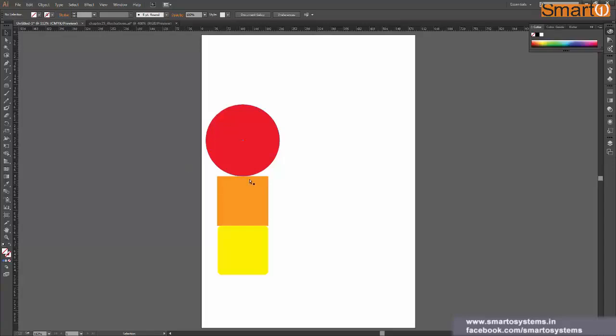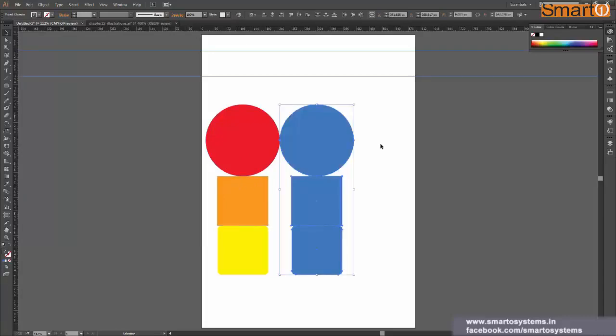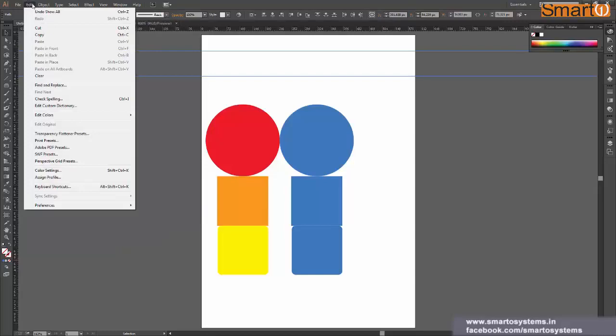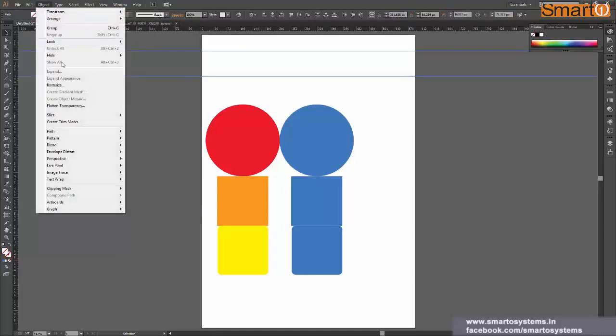And if you want to unhide your guides, you can press Ctrl Alt 3 again to unhide all of them. So even for guides, you have two ways to hide and unhide them. Either go to View, Guides, and say Hide Guides, or you can go to Edit, Object, and Hide.